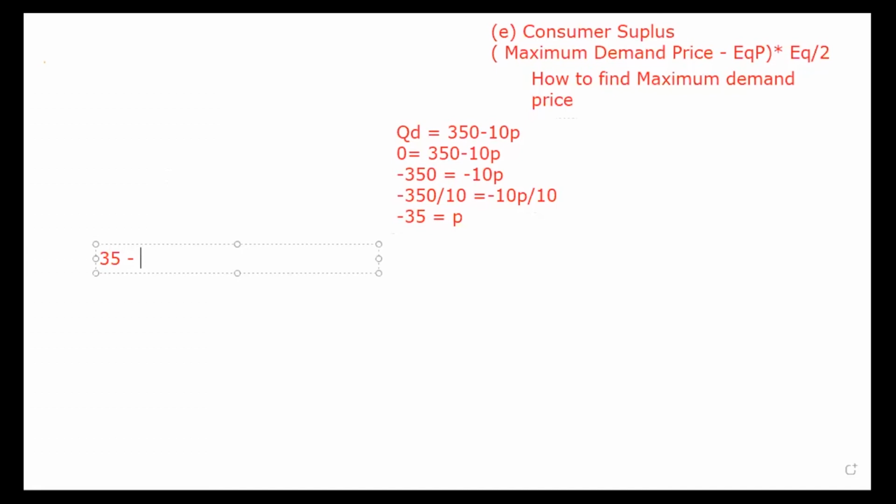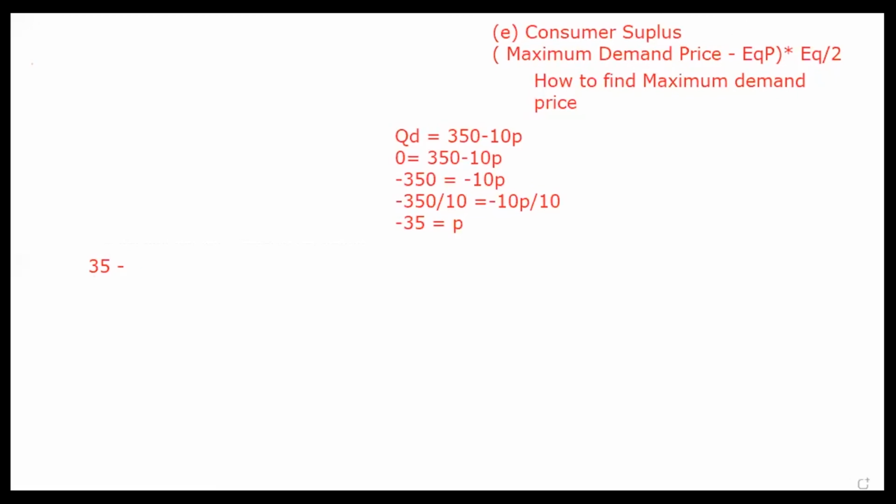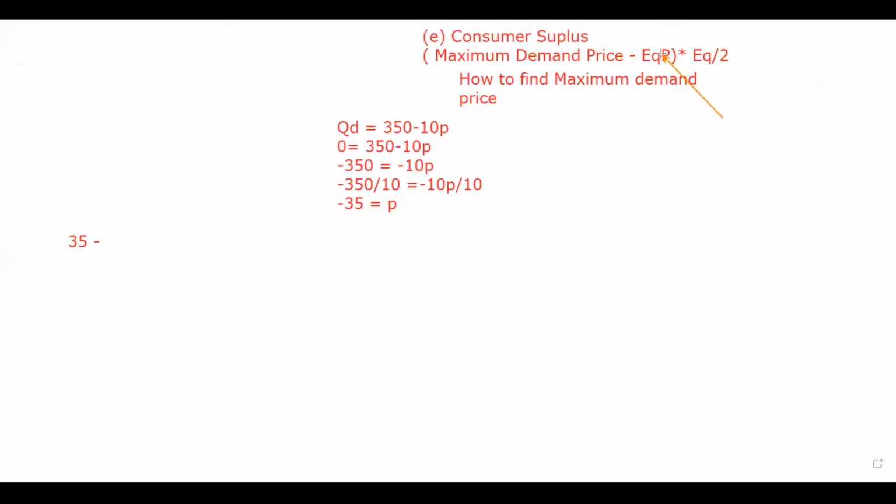They're asking after minimum price. So I will not go with equilibrium price. I will change my formula a bit, because here normally I need to go when it comes to consumer surplus. Normally in exams, if they have given equilibrium price, you need to go with equilibrium price. But here I will not go with equilibrium price. The reason is they have given after minimum price in the question. So after minimum price only you need to use in the paper.